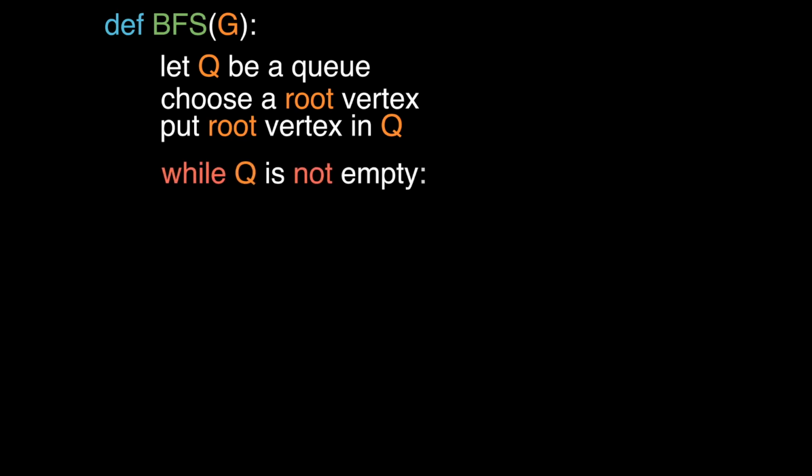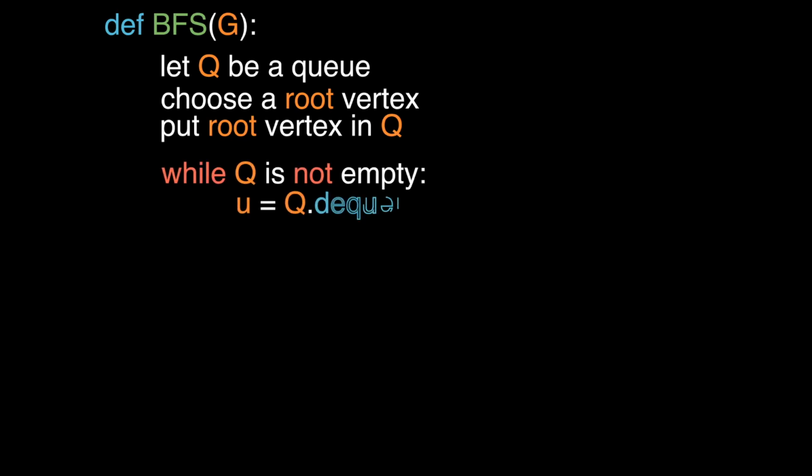So in order to define the breadth first search algorithm on a graph, let's call the graph G, we're first going to start by letting the letter Q be a queue. This letter Q is what's going to represent the box that we had on the right side of the screen previously. Next, we're going to choose a root vertex, and then we're just going to put that root vertex right into our queue. So to start the actual algorithm itself, we say while Q is not empty,